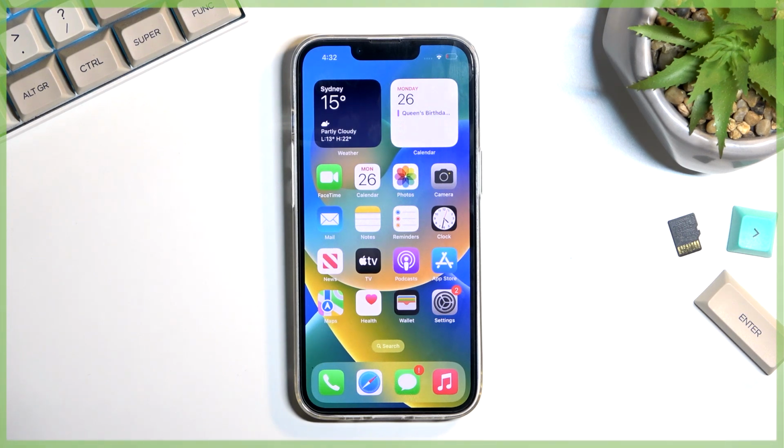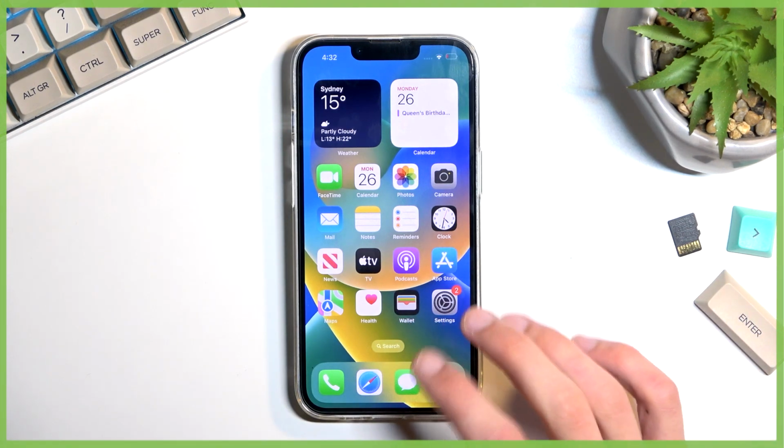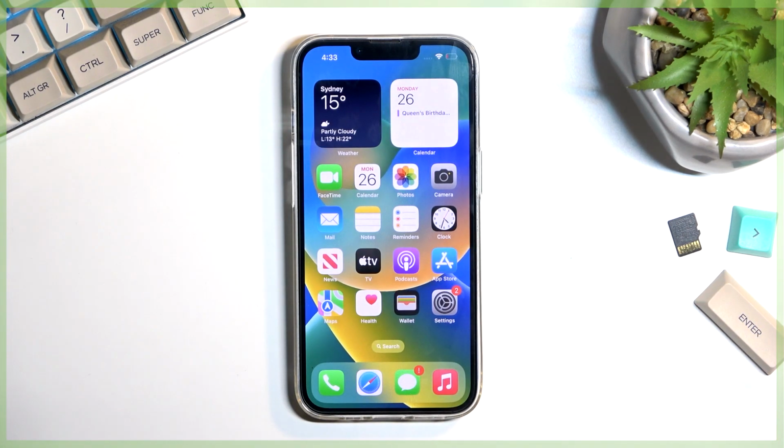I will also add that there is no settings to it, so you can't really customize how it records, so keep that in mind. And yeah, anyway, so this is how you record a screen on this phone,